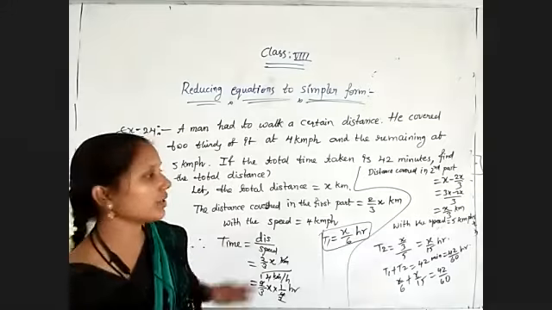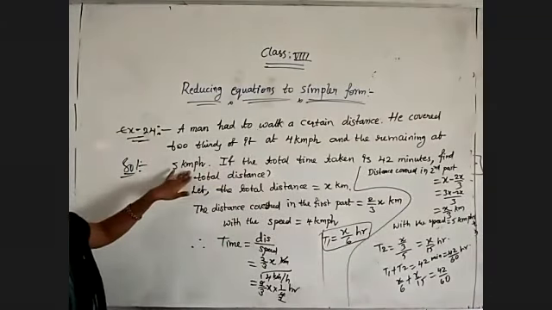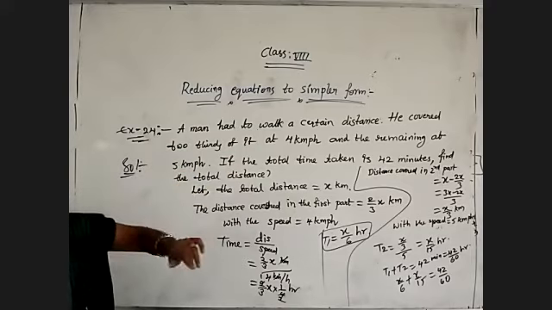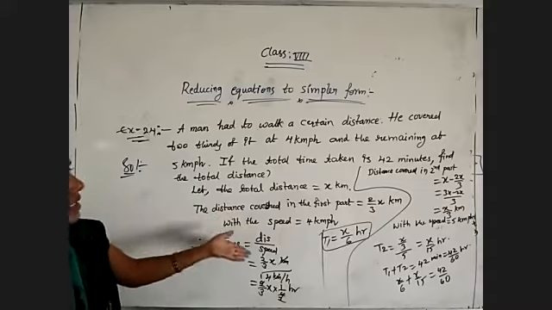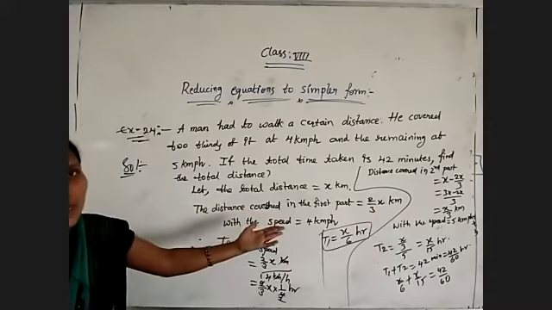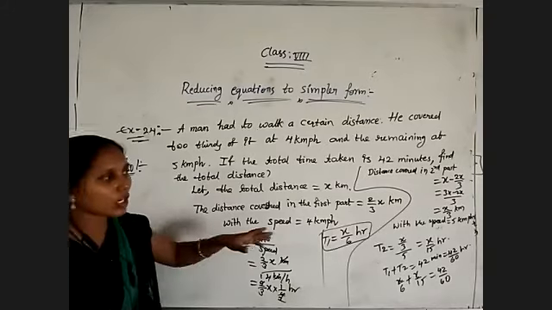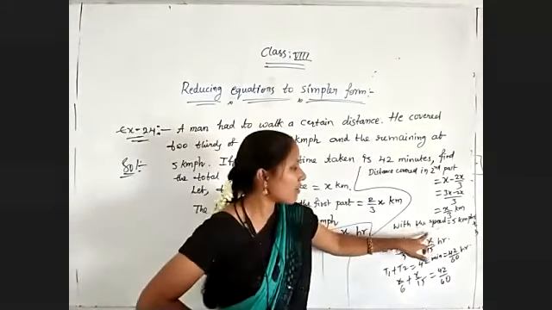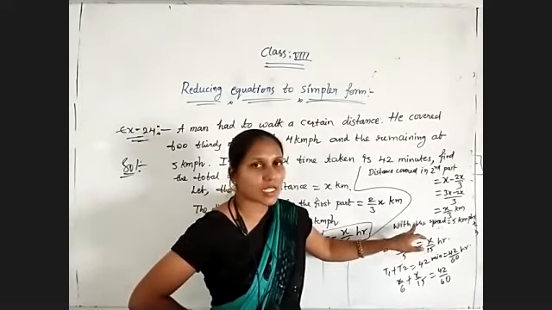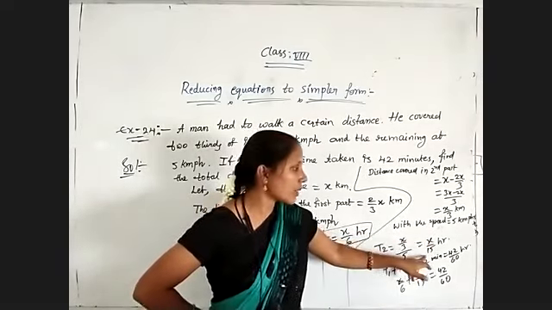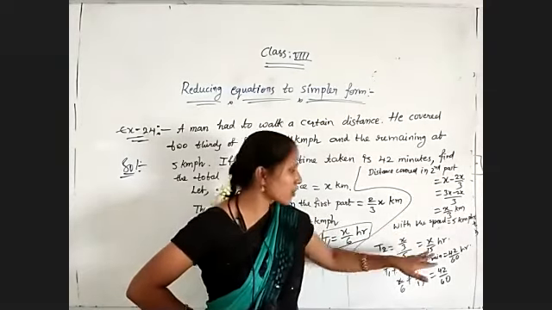Hours, remember. Now coming to the remaining part, it is covered at 5 kilometers per hour. The remaining distance, they did not mention, so we need to find it. Total distance is x. First part distance is 2/3 of x. So the remaining part will be x minus 2x by 3, which is x by 3 kilometers. For that he is using 5 kilometers per hour. Now time is equal to distance by speed, so x by 3 by 5, that is x by 3 into 1 by 5, which is x by 15 hours.